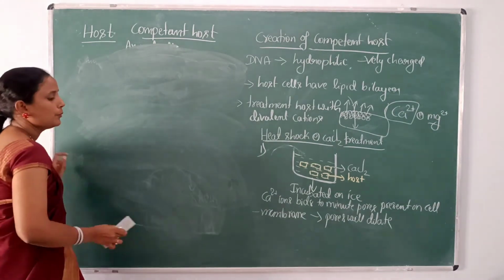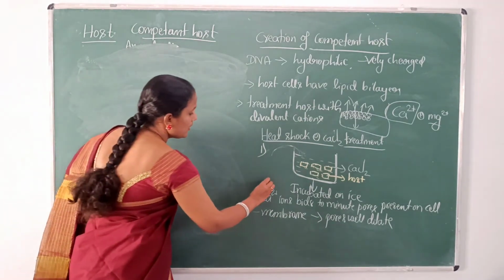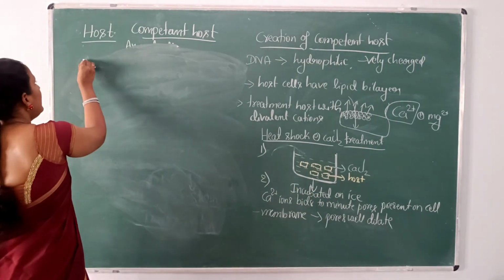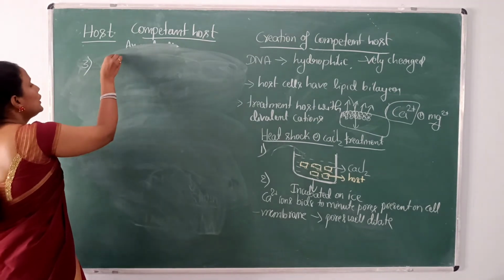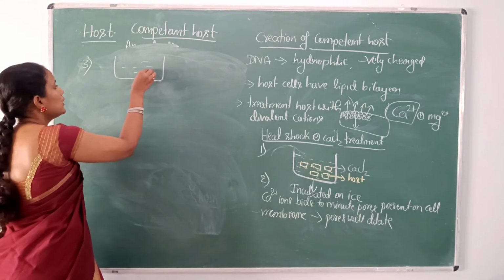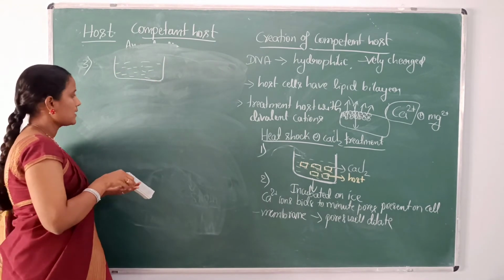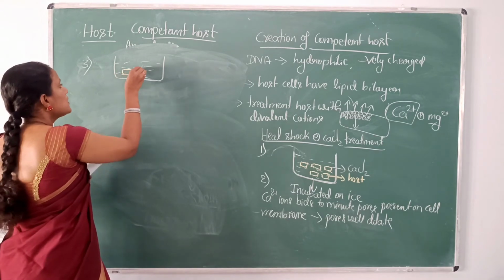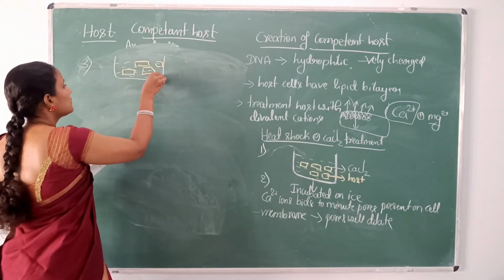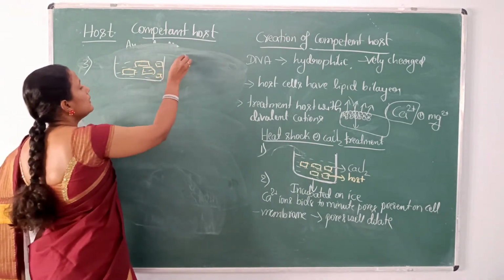After dilation of the pores, this is the second step, incubation on ice. And the third step is, to this solution containing calcium chloride and the host cells, which now have dilated pores,